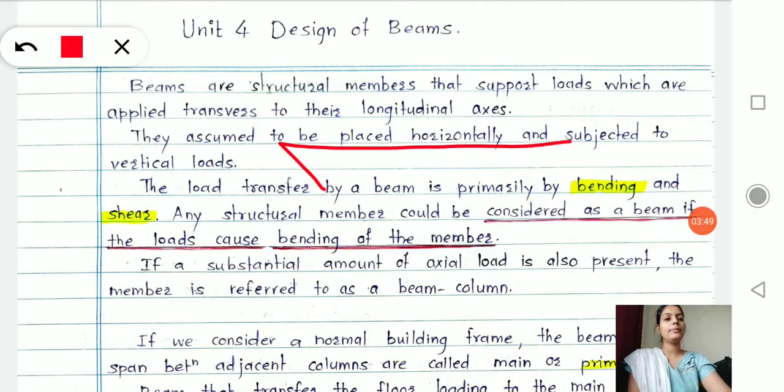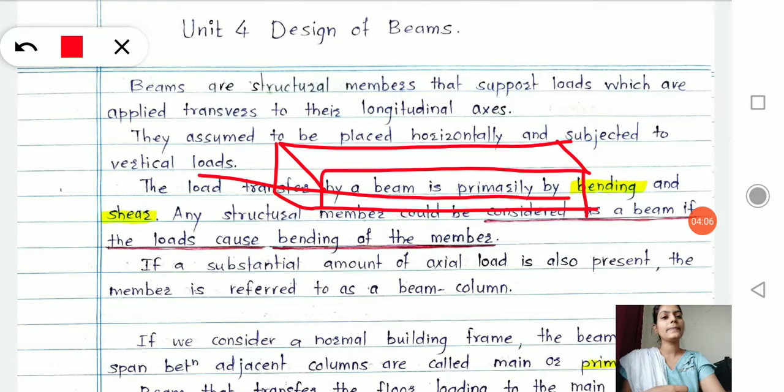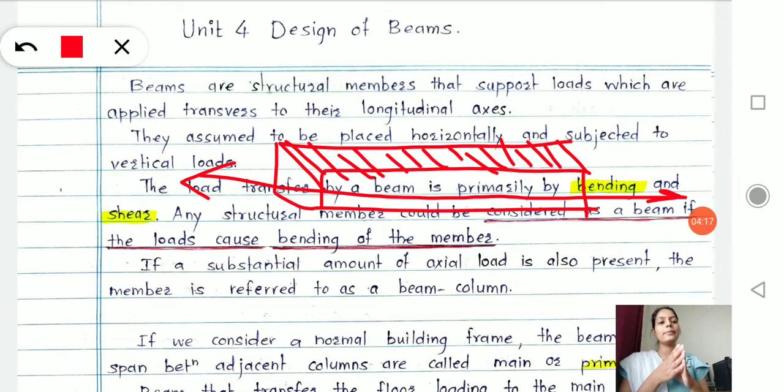If I draw a beam for you like this, and if you observe the loading on this kind of member, the loading will not be along the axis. Where will the loading be then? The loading will be on this plane, on this hashed region. Now why are we providing loading onto the transverse plane? Why is it called transverse, and how are we providing loading on that edge, that I'm going to discuss now.